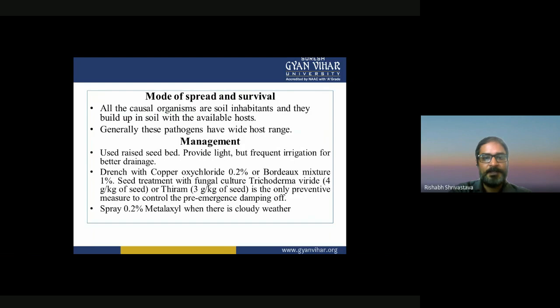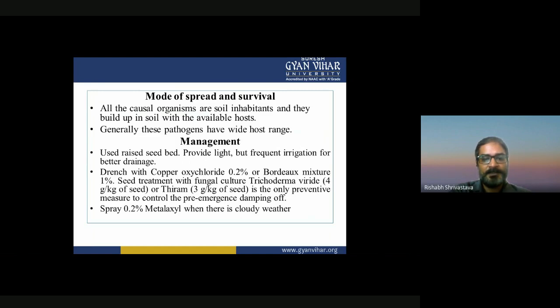Mode of spread and survival. All the causal organisms are soil inhabitants and they build up in soil with the available host. Generally, these pathogens have a wide host range. Management: